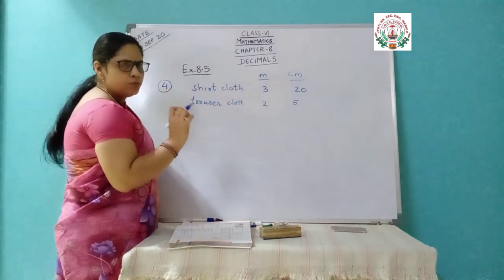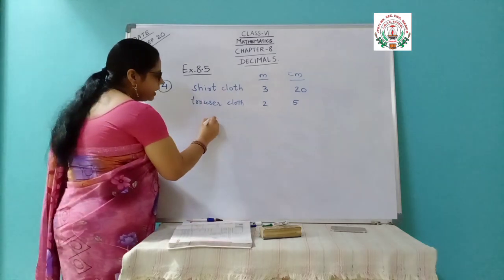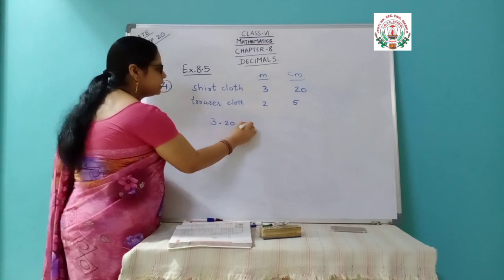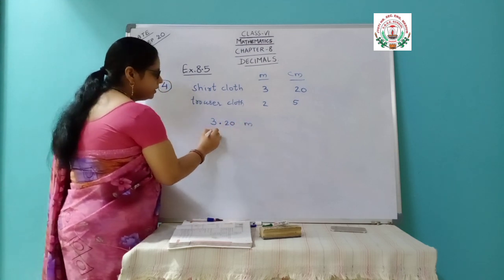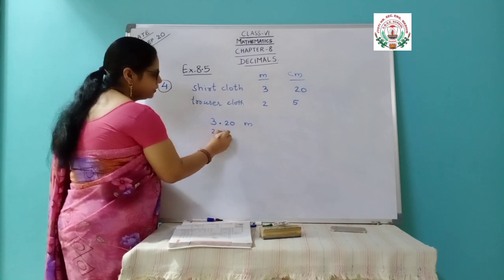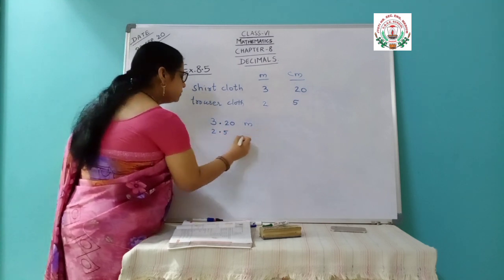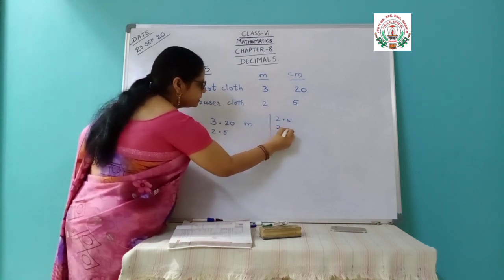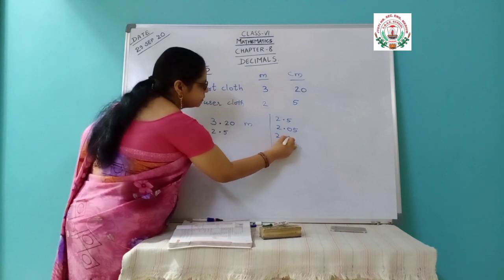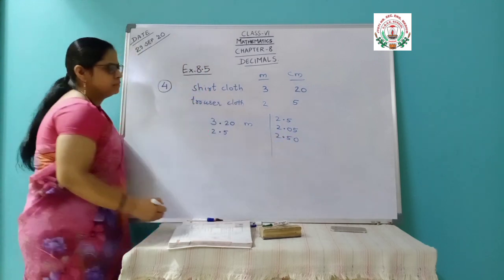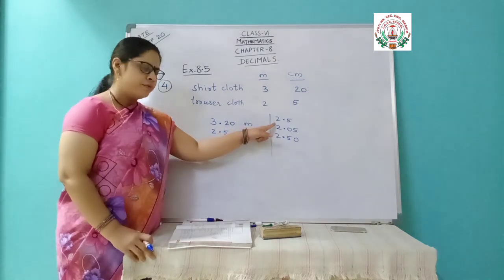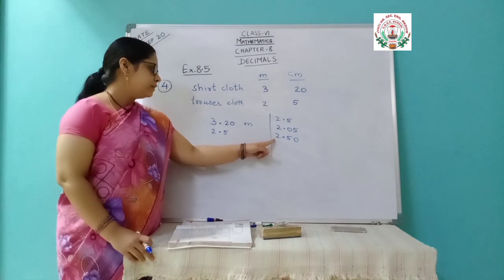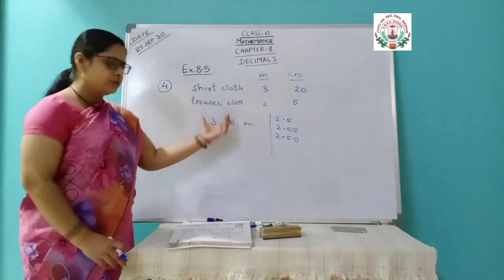Okay. Now if you want to do the addition, we are writing in decimals, that is 3.20 meter. And here if I want to write, what shall I write? 2.5 or, tell me, which is the correct one: 2.5, 2.05 or 2.50? Which one is correct for making 2 digits for this addition?